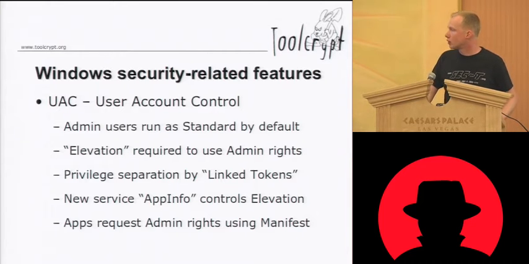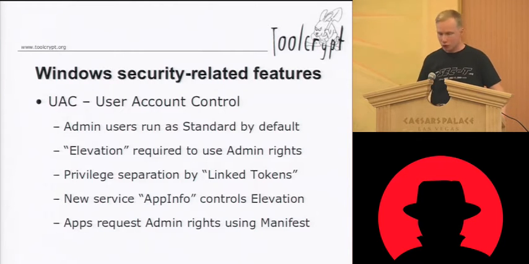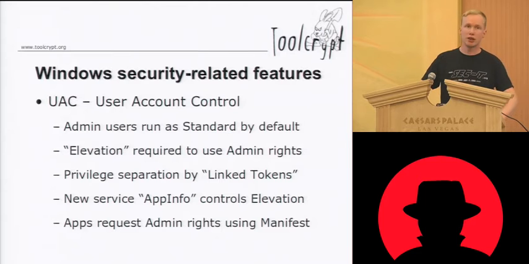And the Windows shell or Windows UI components would then call into this App Info service saying, we need to request elevation for this particular thread that wants to copy files to a protected directory or something like that. And the App Info service would then, first of all, switch to the logon desktop, the protected desktop, and display the credential prompt. And for a logged-in administrator, this would actually not be a credential prompt. It would be a consent prompt that you've